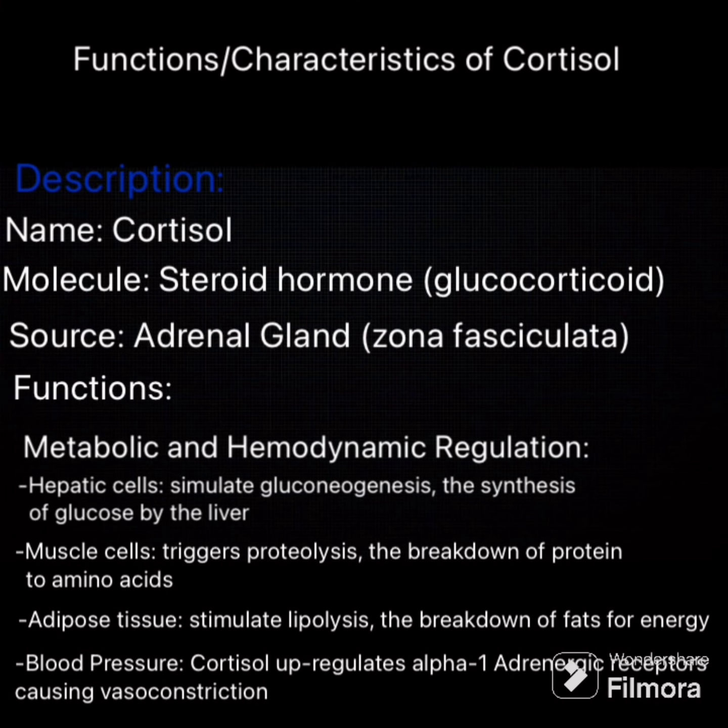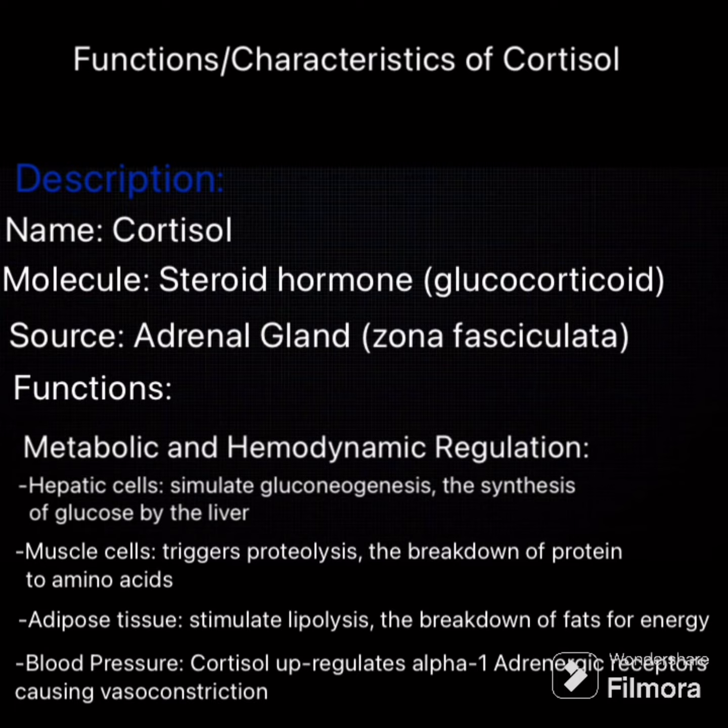Now let's take a look at cortisol. Cortisol is also a steroid hormone, but it is a glucocorticoid. Its source is the adrenal gland, specifically the zona fasciculata. The functions of cortisol really depend on what cells it's interacting with. For liver cells, like the hepatic cells, it will stimulate gluconeogenesis, which is the synthesis of glucose by the liver. In muscle cells, it will trigger proteolysis, which is the breakdown of proteins to amino acids. In fat tissue, like adipose tissue, it will stimulate lipolysis,